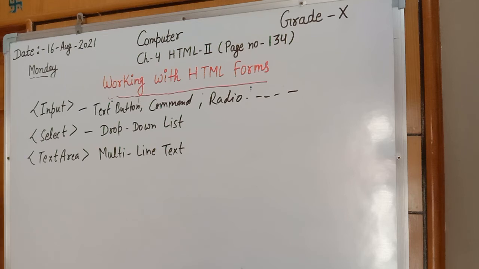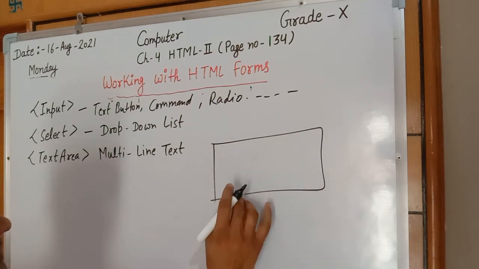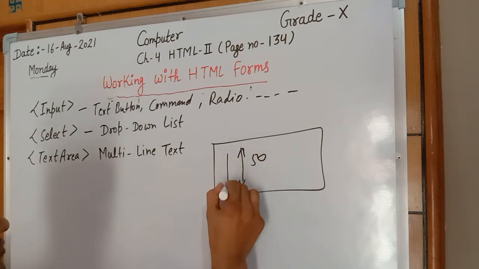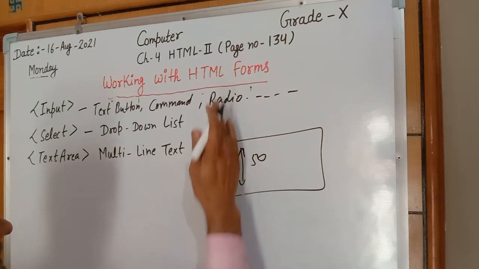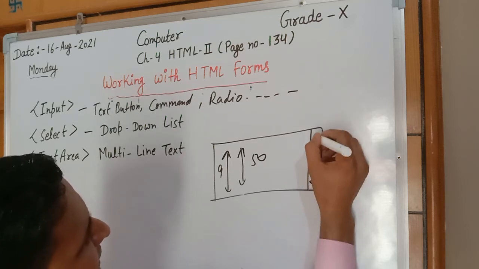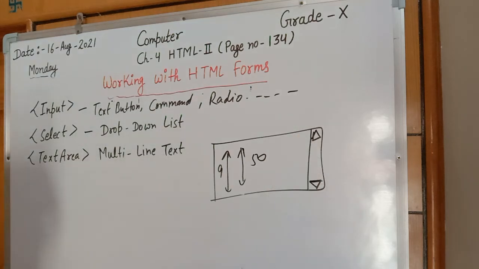It means it will define an area in which text will be displayed. It is like designing a box in which text will be printed. Suppose the text is of 50 lines, but we have space for 9 lines. Then 9 lines will be displayed, and the rest 41 lines can be viewed by moving the slider down. This is the concept of text area. We will discuss all 3 parts through specific HTML examples.